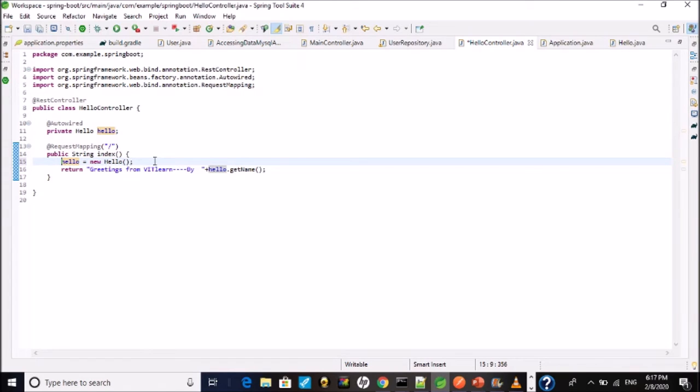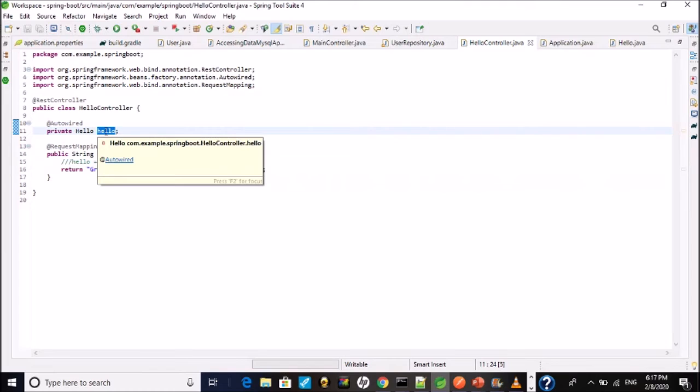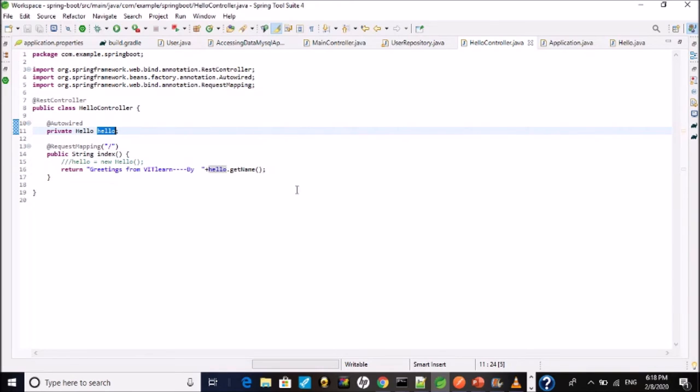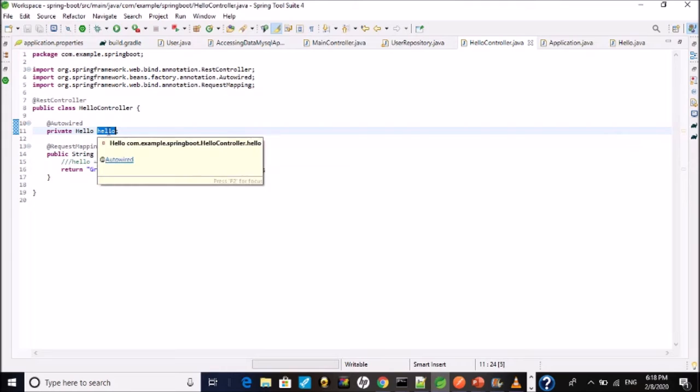But in the case of dependency injection or inversion of control, this dependency is injected by the framework itself in an inverse way, at runtime. That's done by the Spring framework itself. So the framework should know this should be injected at runtime.